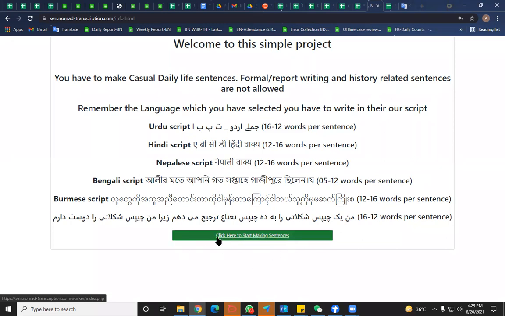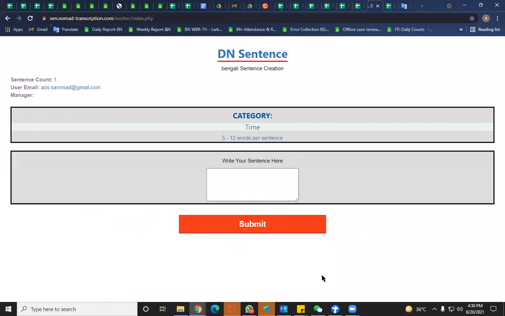Now click on this, click here to start making sentences. So yeah, this is the basic work area, the platform on which you will be working. See, here is your ID, email ID, and these are the number of sentences that you are making. The category is mentioned here, time. So for the time category, you have to make a sentence like, I'm gonna make a sentence saying that I have